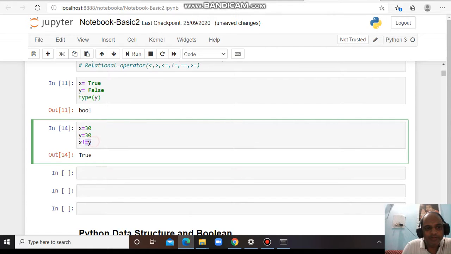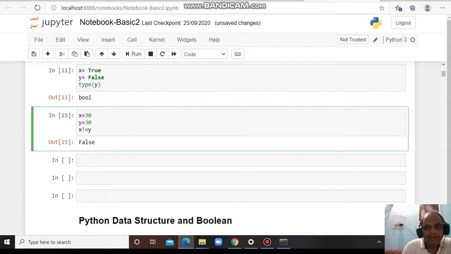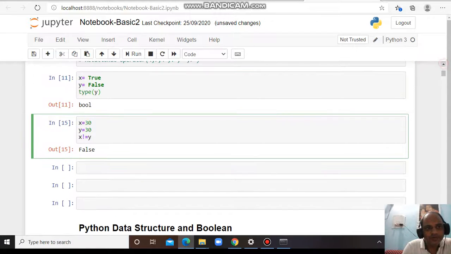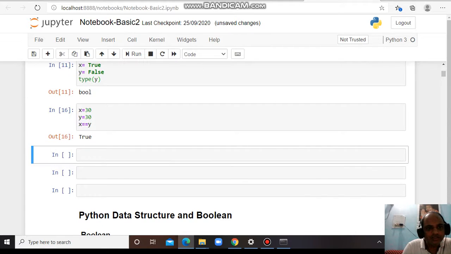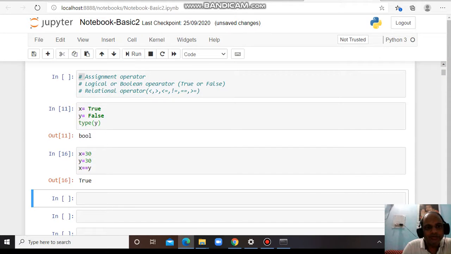Similarly, if I compare whether x is equal to y, this will give true. We can compare by the double equal sign. So these are the boolean, relational, comparative operators.